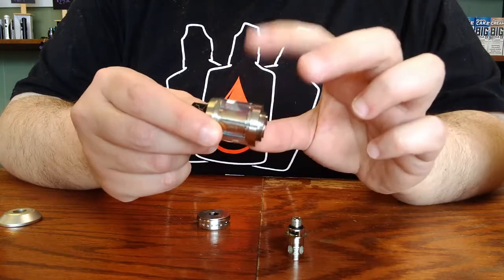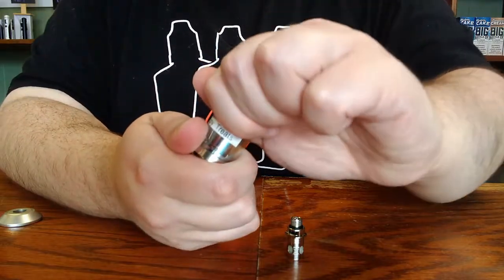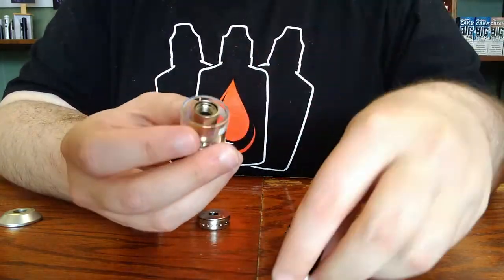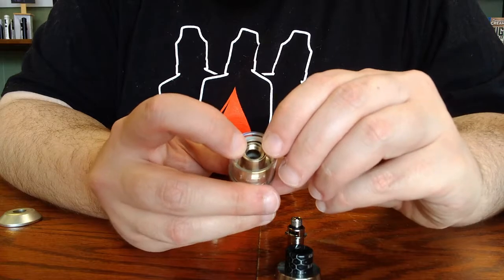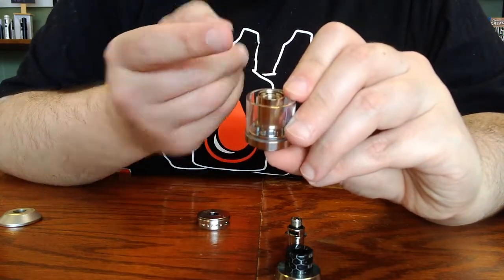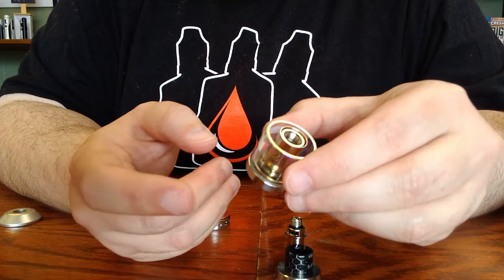To get access to replace the glass or fill the tank, you'll grasp hold of the top cap section here and unscrew it from the rest of the tank. As you do that, you'll notice that the chimney inside is in two parts. There's an outside section that is spring-loaded. When you remove the top cap, it allows the chimney section to spring up, which closes the wicking ports at